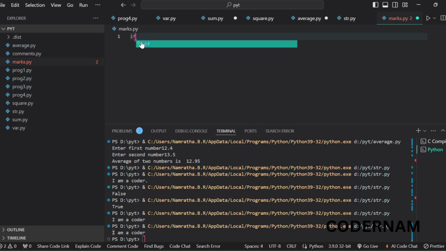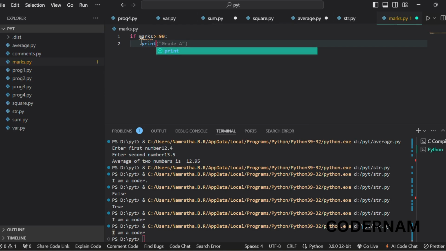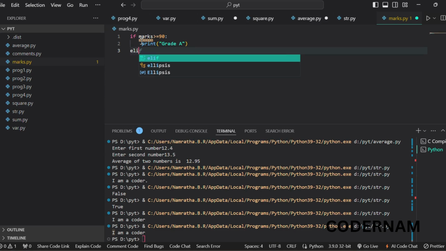Here, if marks is greater or equal to 90, then print grade A. Likewise, elif marks is greater or equal to 80, and if marks is less than 90, then it has to print grade equal to